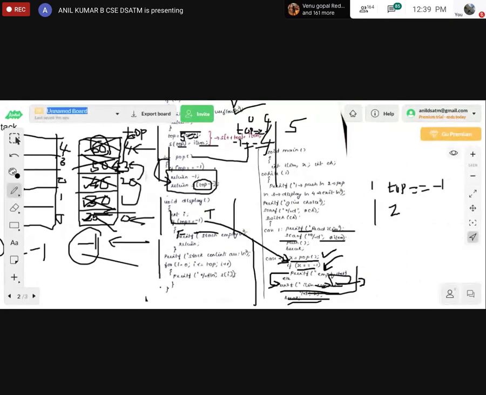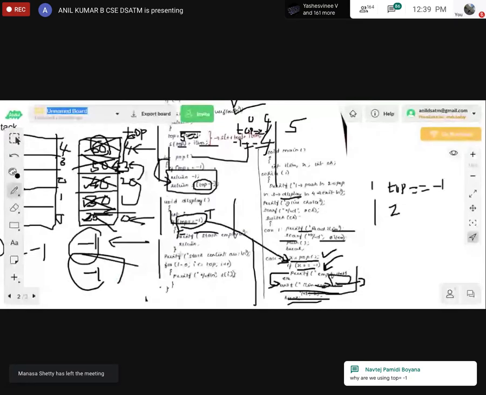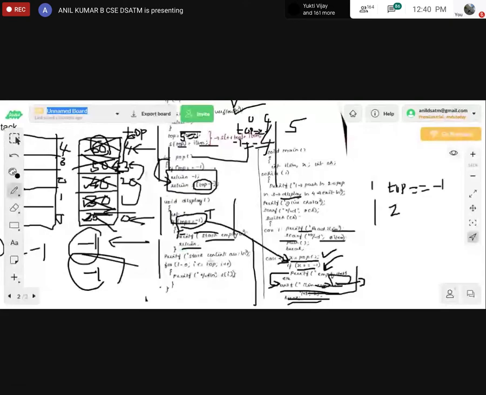Okay. So now the third case of this function is nothing but the display operation. How are we going to display the elements of the stack? For that purpose, first we need to check the stack underflow condition, that is top equal to -1. That condition we need to check. If it is stack underflow, that is, the stack is empty, that will be returned. If not, the contents of the stack